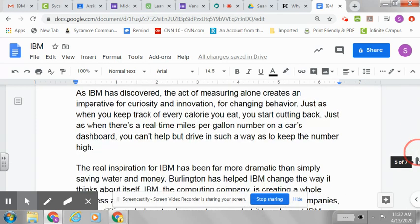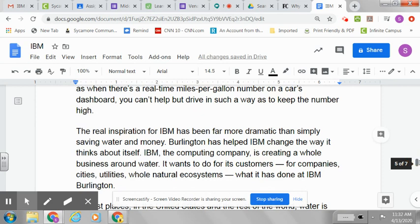Okay, so the lesson that we want to get out of this, and what Charles Fishman is trying to say, is that if we can get companies to realize that being more efficient in the things they do is going to save them money, then more companies are going to start to follow suit, which is going to be beneficial for all of us, because it means they're going to be wasting less water, hopefully not polluting as much water,